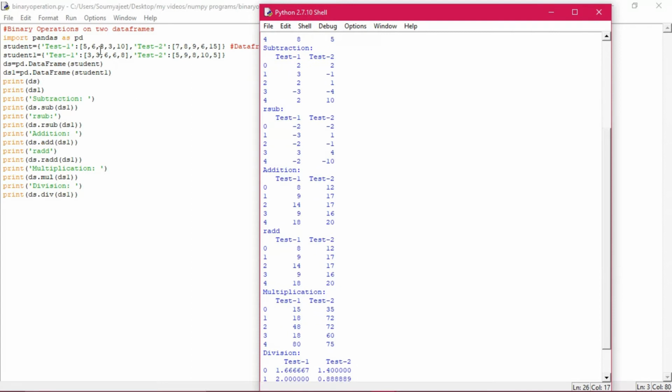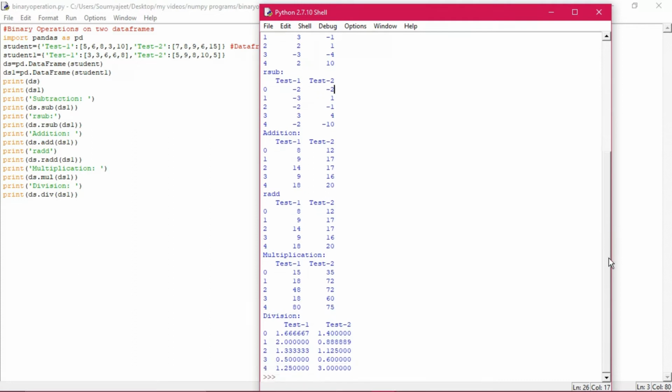And this is the way the addition is also the same thing. You can see 5 plus 3 is 8, 6 plus 3 is 9, 8 plus 6, all these things have taken place here. And similarly there is no such difference, you will be able to understand, because both the additions are doing the same thing, and there are no r mul or r div like that functions. So it is directly taken, mul and div. Okay, so you can see the division here has come in decimals, because 3 has been divided by 5, 3 has been divided by 6 as well.